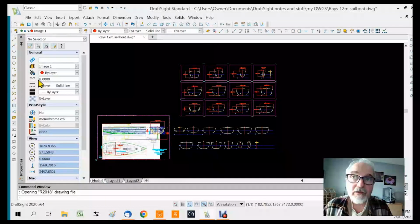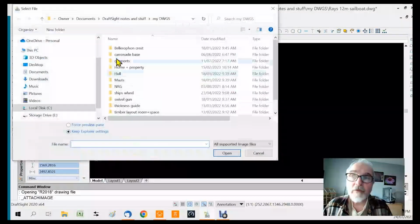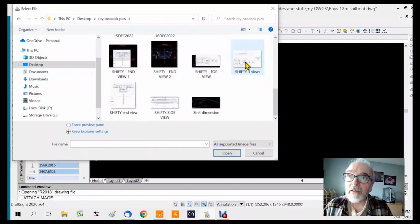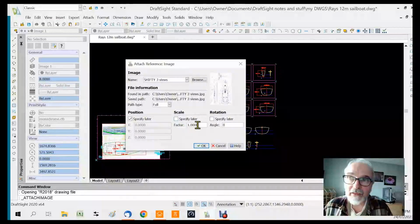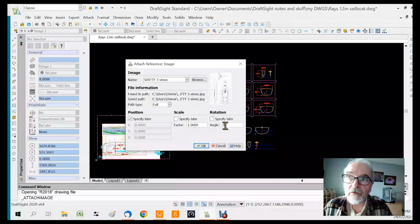And I'm going to pick this image layer. Now I'm going to import an image. I go up to Attach, Image. I find my image. I know it's on my desktop. I know it's in Ray's folder, and it's this one here. I hit Open. I'm going to position it later. I'm going to scale it now at a scale of 1 because I don't know what size it is. And the rotation, I can see in the thumbnail that it's vertical. I want it to be horizontal. So I'm going to type in here